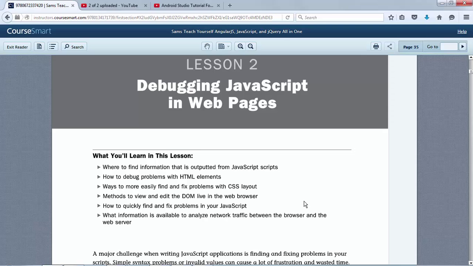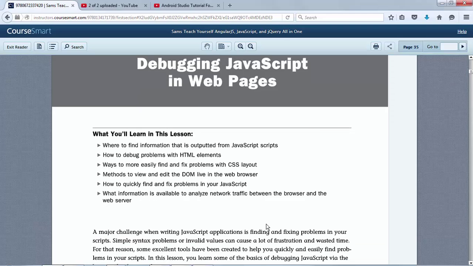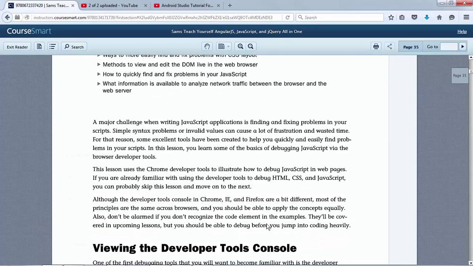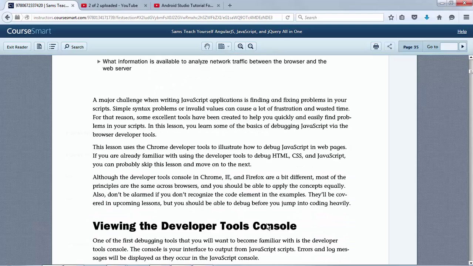So you can see we've got about a half dozen objectives here. Learn where to find information that is outputted from JavaScripts, how to debug problems with HTML elements, ways to more easily find and fix problems with CSS layout, methods to view and edit the DOM live in the web browser, how to quickly find and fix problems in JavaScript, what information is available to analyze network traffic between the browser and the web server. And as the author mentions in here,